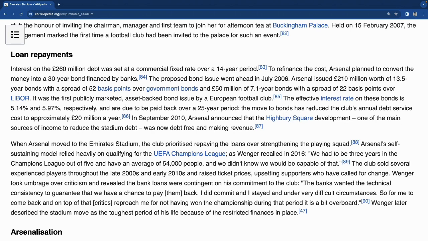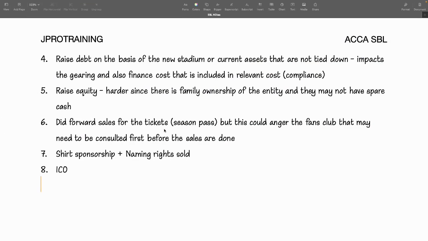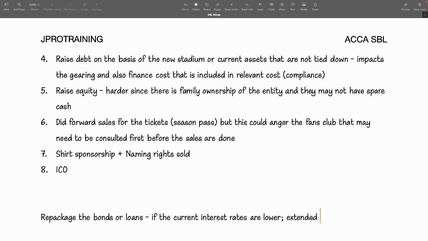Notice that the move to the bond has reduced the club's annual debt service cost. So here's a question that you need to be aware of. You may have to repackage the bonds or loans. If the current interest rates are lower, you want to repackage them, which is what they did, okay? What they did is they extended the terms and also